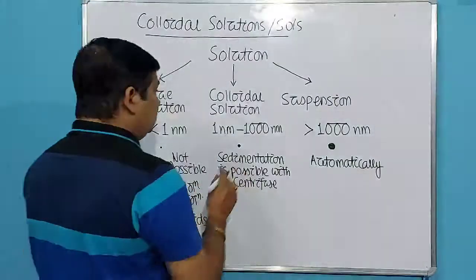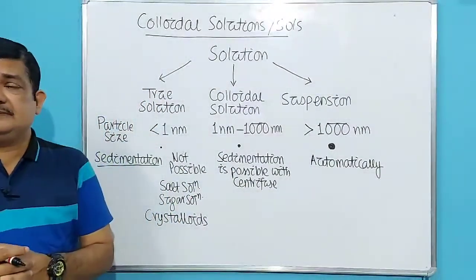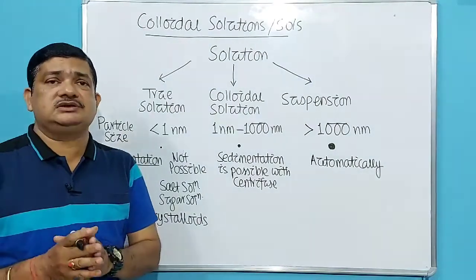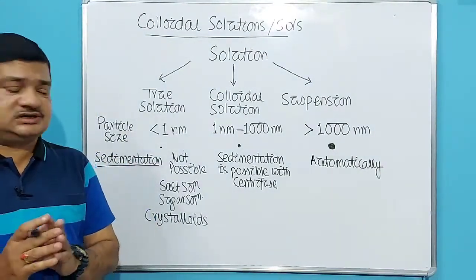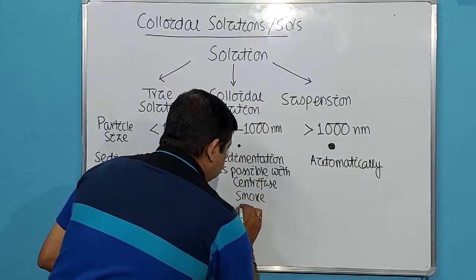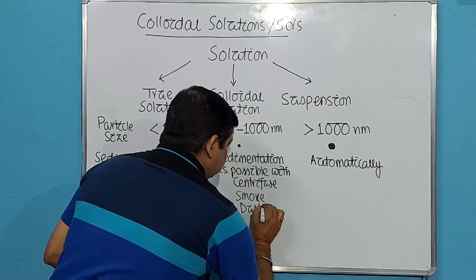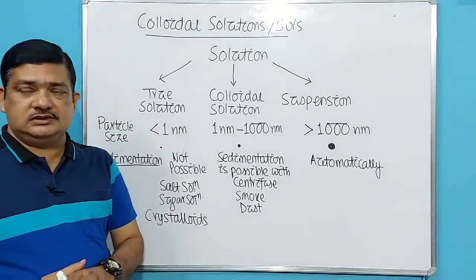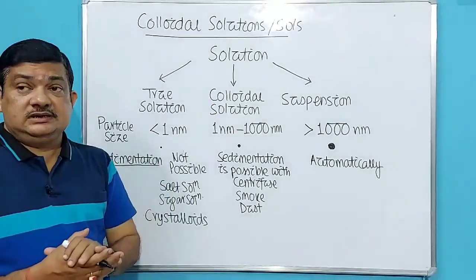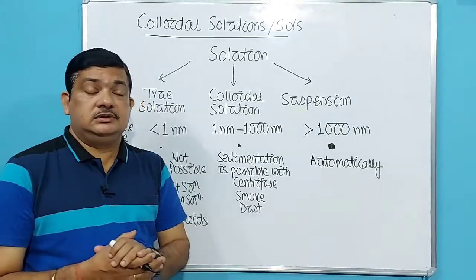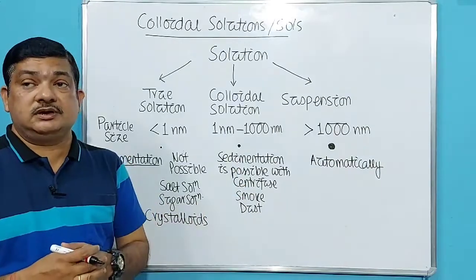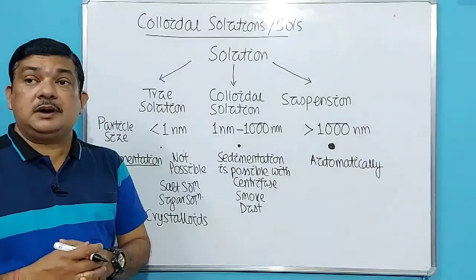Okay. Then have you seen any colloidal solution? You have seen it but do not know that they are colloidal solutions. You must have seen smoke, dust, etc. They are examples of colloidal solutions. Here the particles, that means the solutes, do not settle down easily. They are in a random motion called Brownian movement.